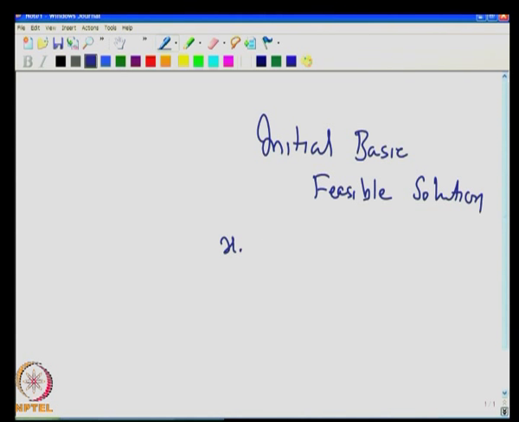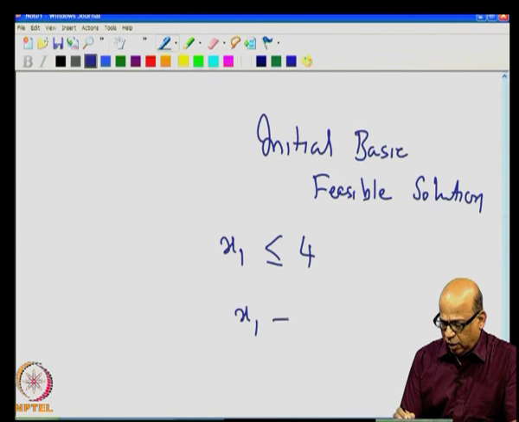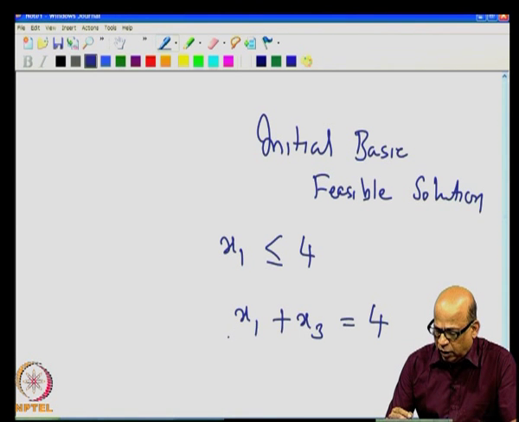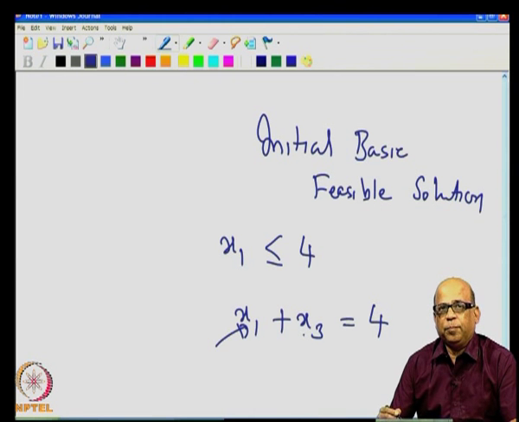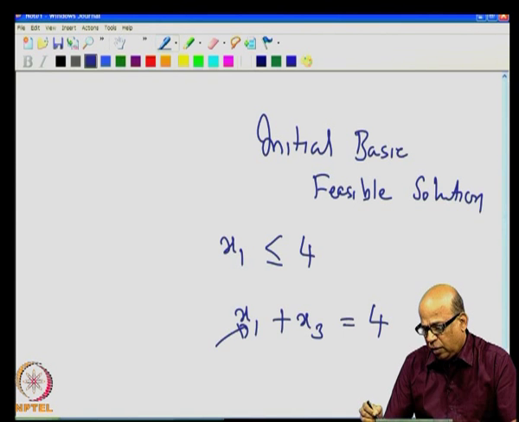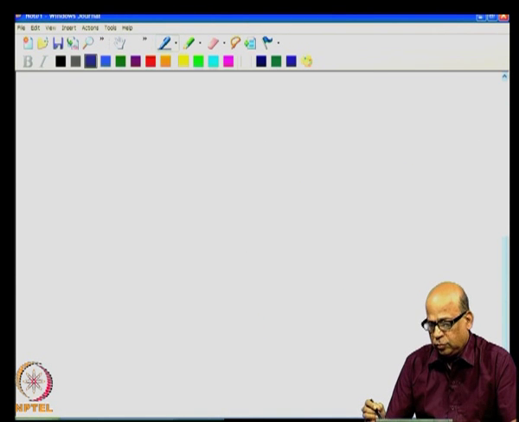Let us say that you had a constraint x1 is less than or equal to 4 in the example that we solved earlier, and let us say there were two constraints. So, corresponding to this, what did we do? We added a variable for a two variable problem. We put this as x3, x1 plus x3 is equal to 4, and therefore, when I set x1 as a non-basic variable, which means x1 is equal to 0, I get x3 is equal to 4, which is a feasible solution, because I am getting a non-negative value for x3 and therefore, I am straight away getting a feasible solution there.